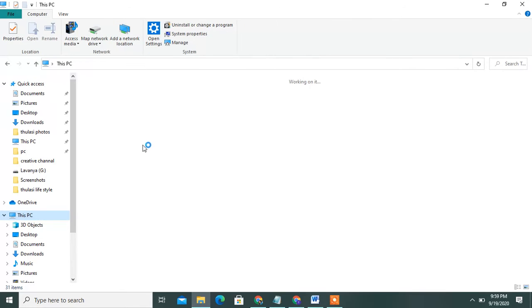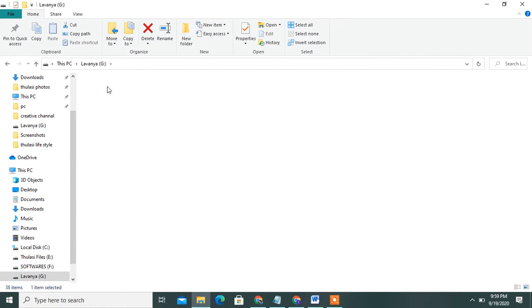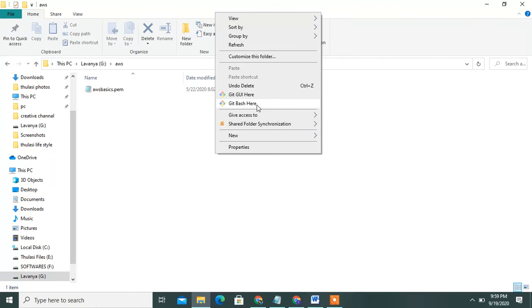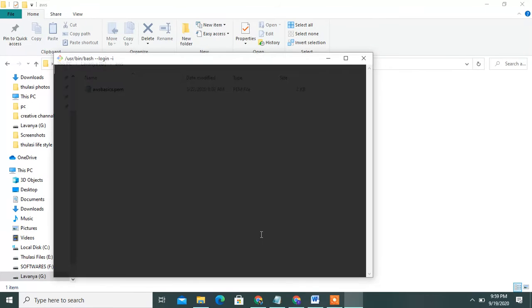You can connect using the SSH command. Open Git Bash. My system is very slow.